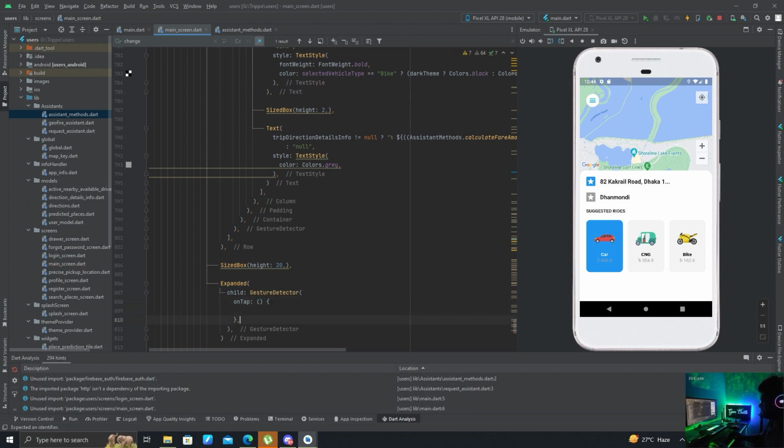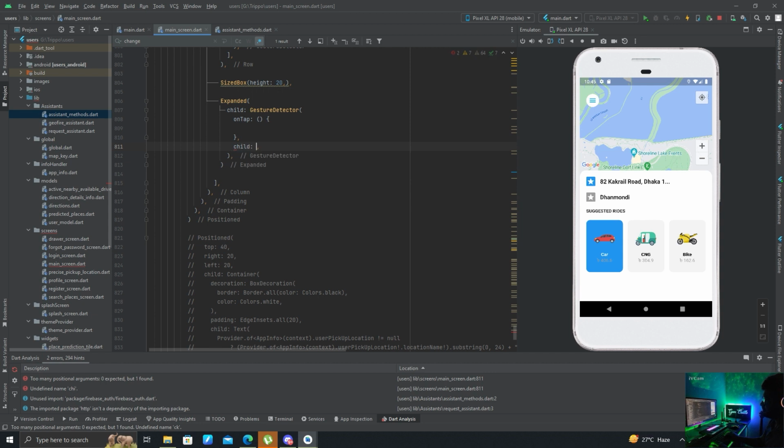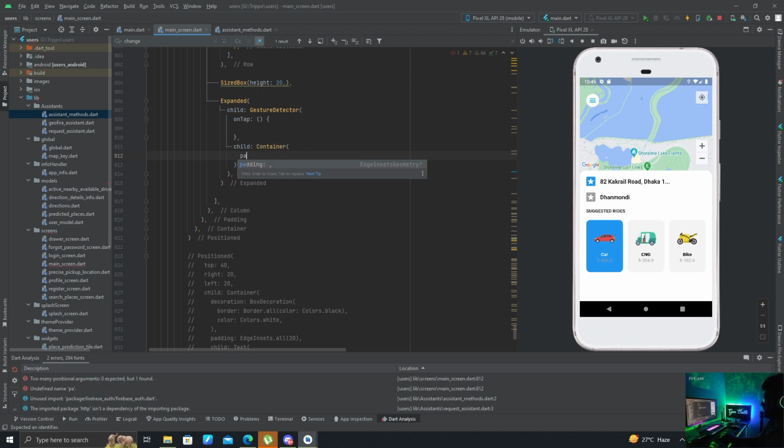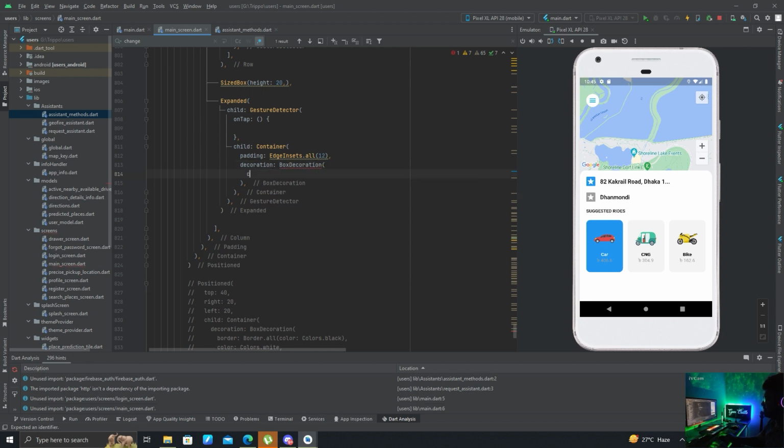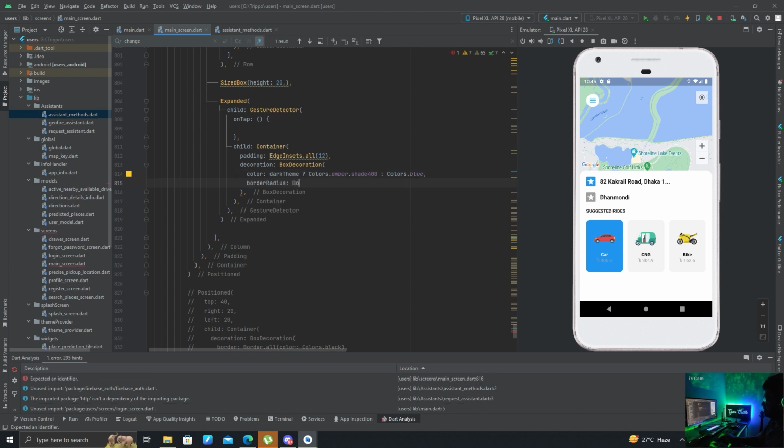For now I'm keeping this empty, and child container padding edge insets dot all to 12, and decoration box decoration to color dark, if dark theme then colors dot amber dot shade 400 or colors dot blue. Border radius dot circular to 10,